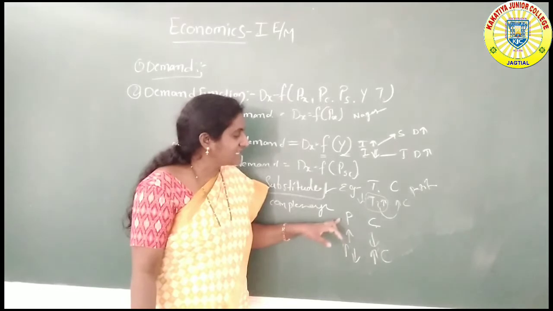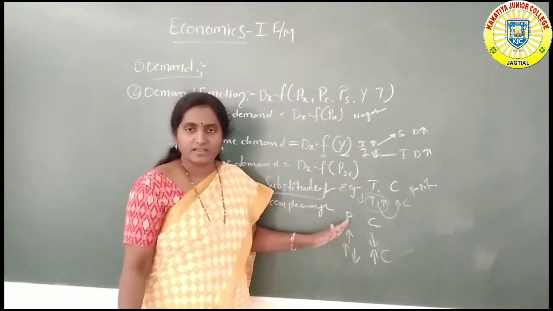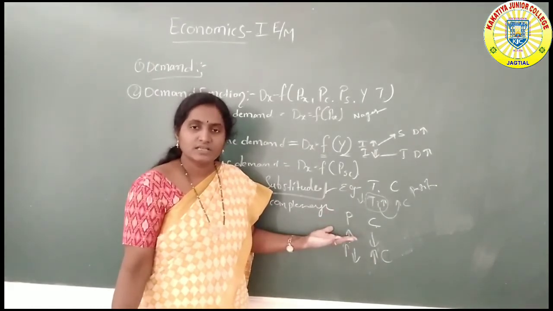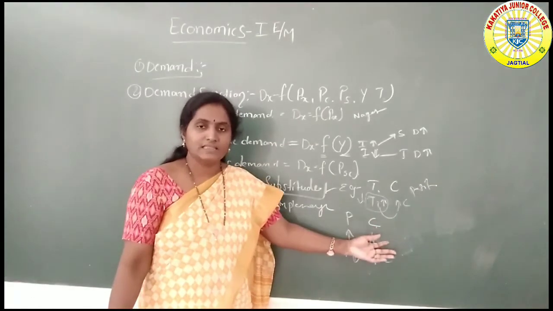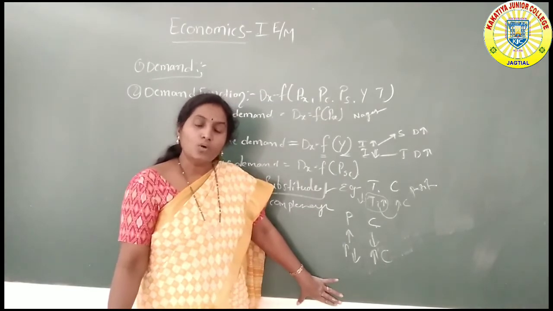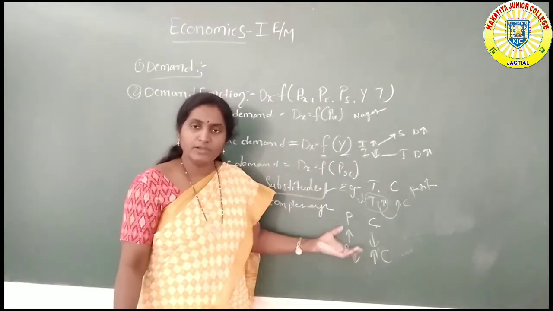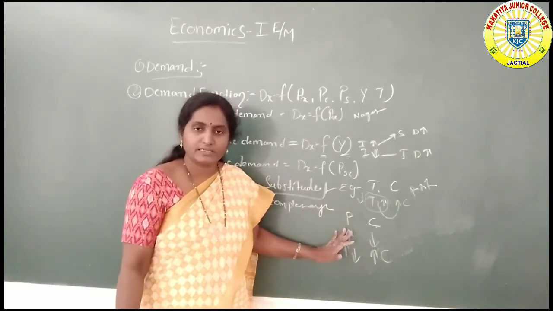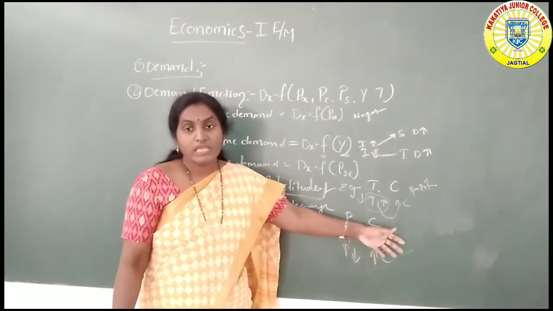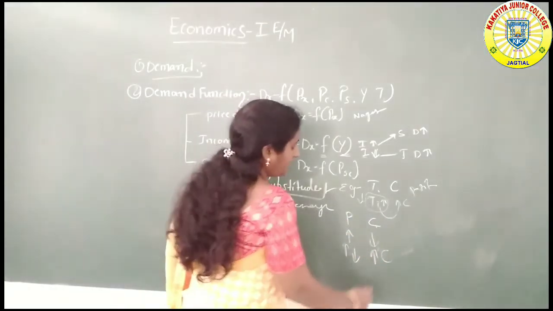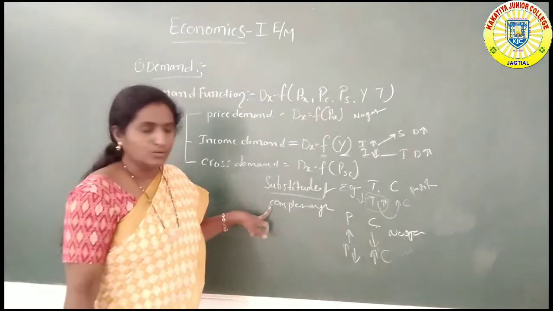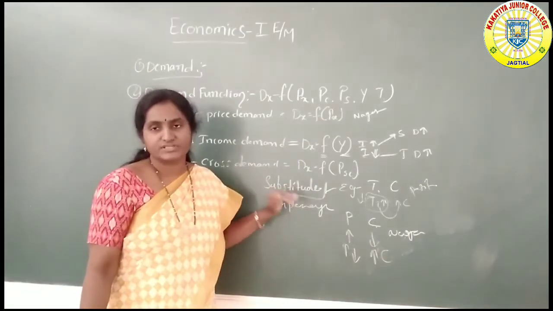Complementary goods means two different goods jointly satisfy a single want of the consumer, to travel by car. When the price of cars increases, nobody purchases cars, and demand for cars declines. When the price of cars decreases, old purchasers purchase more and new purchasers also enter the market. Means when demand for cars increases, demand for petrol also increases. Here there is a negative relationship in the case of complementary goods. So this is what cross demand refers to.